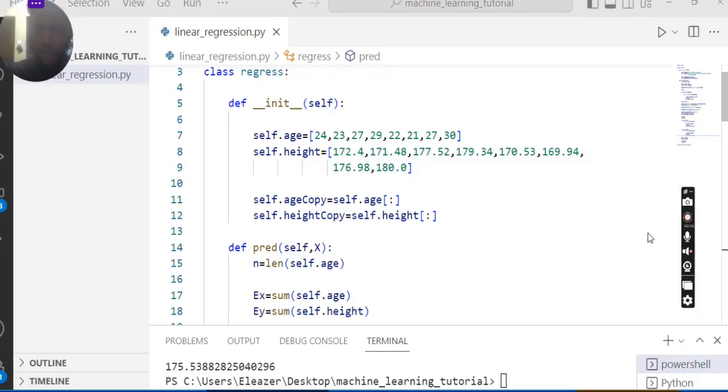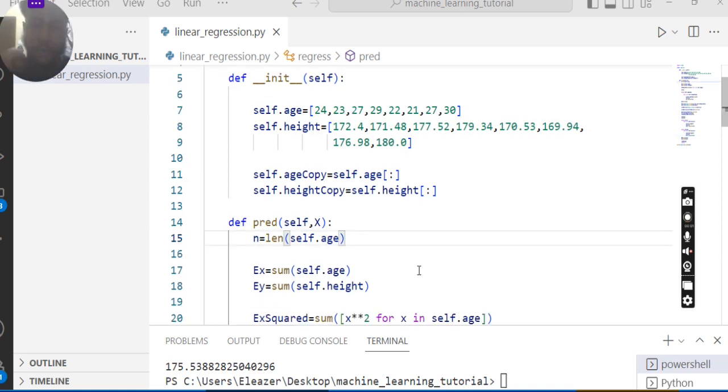Alright, so there was an error in my previous video and I was trying to figure it out. I was rushing because I wanted to complete my previous video on time. Now, the reason why we were not getting the predicted value was because in my while loop, after I